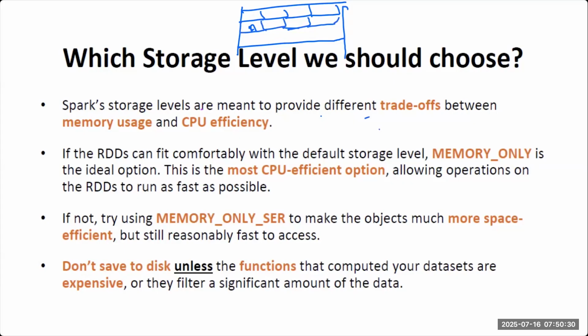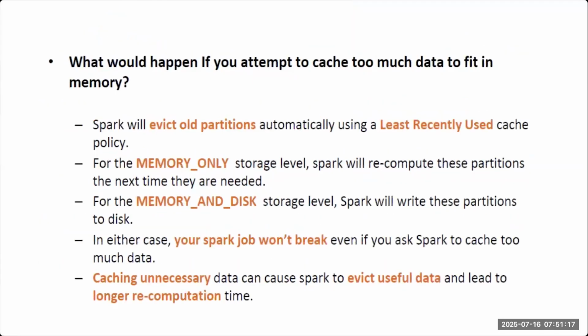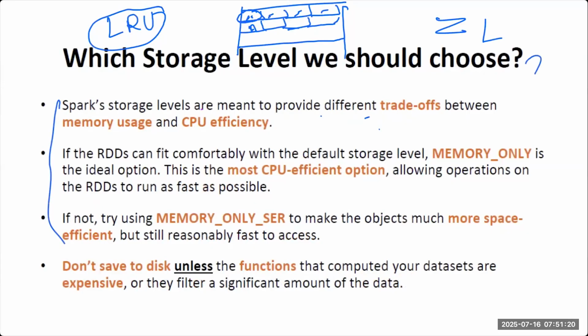So we call it least recently used. Okay, least recently used. Let's suppose you have file a, file b, file c, file d, and once you store them, you keep using them. Maybe you are using b somewhere, c somewhere. Now there is no space, so it will remove the least recently used file. Whatever file has not been used for the longest time, the one kept idle in memory the longest, it will remove. Okay, these are some things you can read; I will share the slide with you.